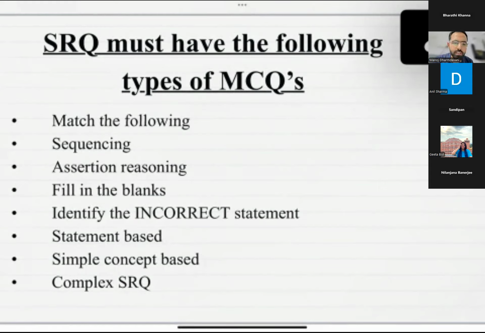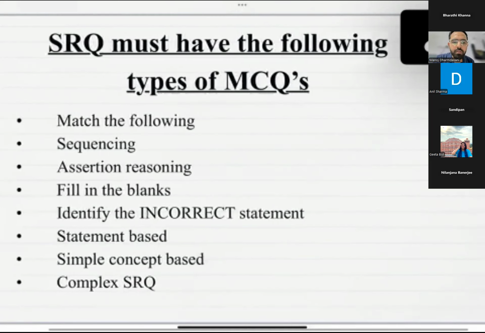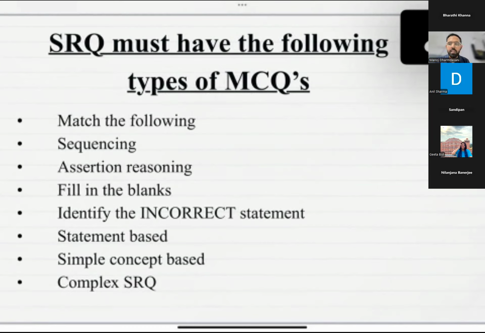Then next, the most critical category, which is the most problematic for students nowadays, is the assertion and reasoning category. And this sometimes creates a problem for the teacher also. If the CBSE marking scheme is not clear to the teacher, it creates a lot of problems, because each and every teacher has their own opinion, and these types of questions create differences among the opinions of teachers. Because sometimes an assertion and reason will look like the reason is the correct explanation, and at the same time some other teacher says, I don't feel this is the correct explanation.